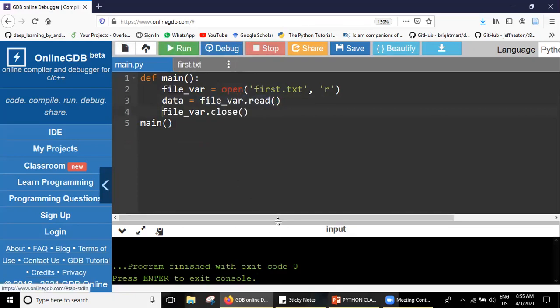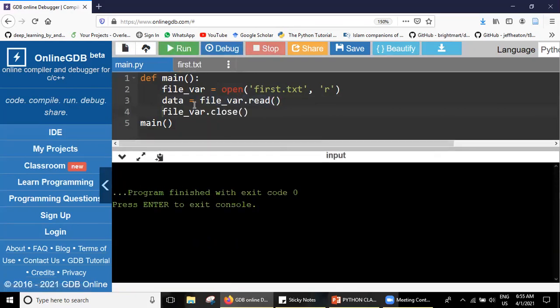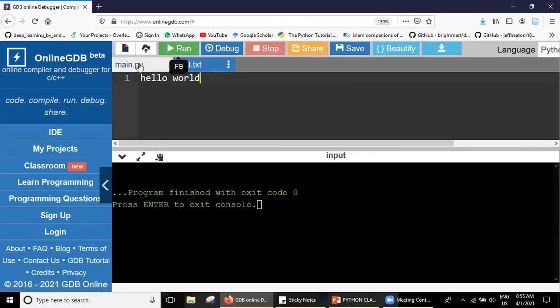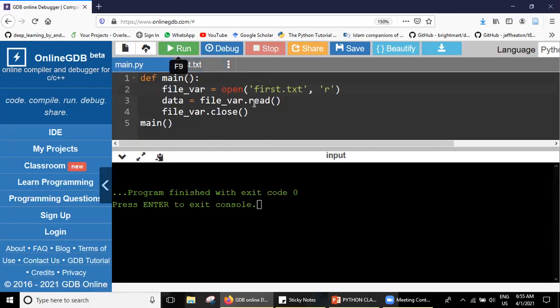Did I get anything? Why didn't I get anything on my console? I am reading this file. Doesn't it have to give me some output? Whatever is in the file, doesn't it have to give me on the console? Why is it not giving me?